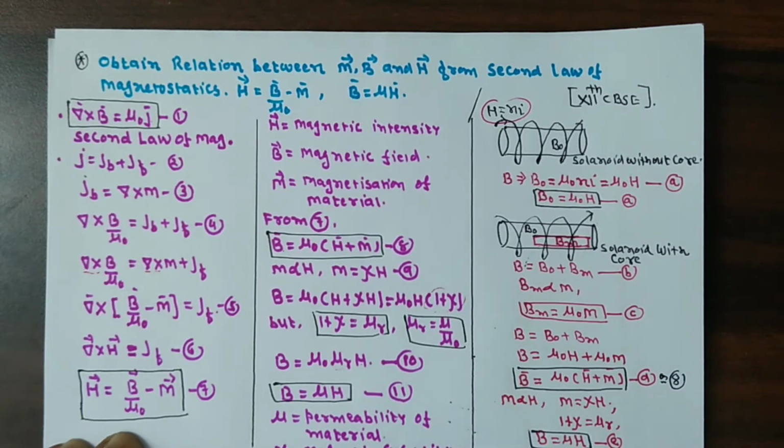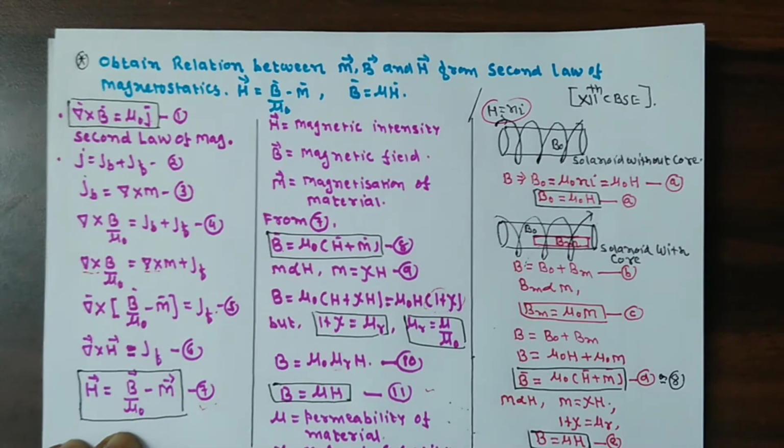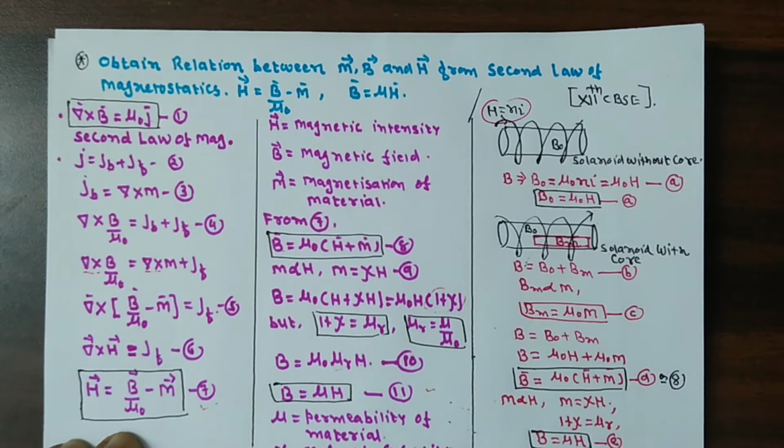Xi is the magnetic susceptibility. So this equation number 7 and equation number 11 are the equations of magnetostatics relating the three magnetic vectors. Okay, H is magnetic intensity, B is magnetic flux density or magnetic field, M is magnetization,